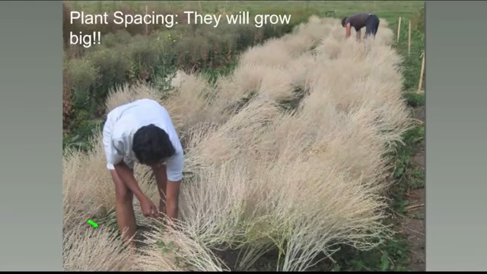Plant spacing is really important because as seed crops grow, they get so much bigger than what they often are in their vegetative stage. This little picture here illustrates it well. This is a broadleaf cress. Cresses are just one example, but many plants do this. A cress, if you've ever grown it, makes a rosette that's maybe 6 to 8 inches in diameter at the most, with small leaves that you use in your salad. But if you grow that out to seed,